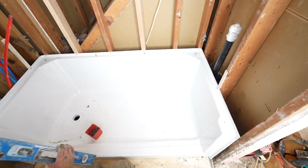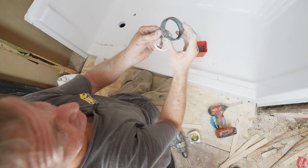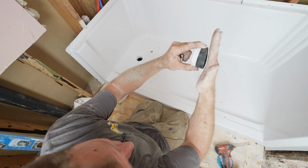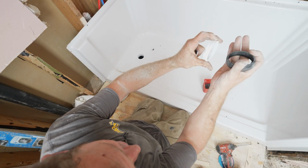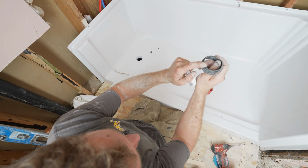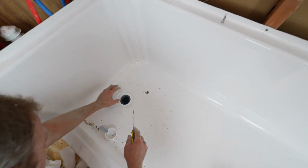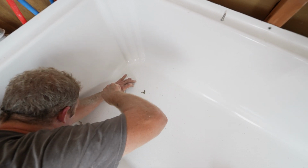That's not too bad. Okay, so the way this works is you want to have the tapered edge facing up, because the way this goes in, it'll basically tighten and push this gasket out and make a watertight connection. If you do it the other way, it's not going to be as good of a seal. So always make sure that the taper edge is up. And just put it around the drain. And you can use a screwdriver to